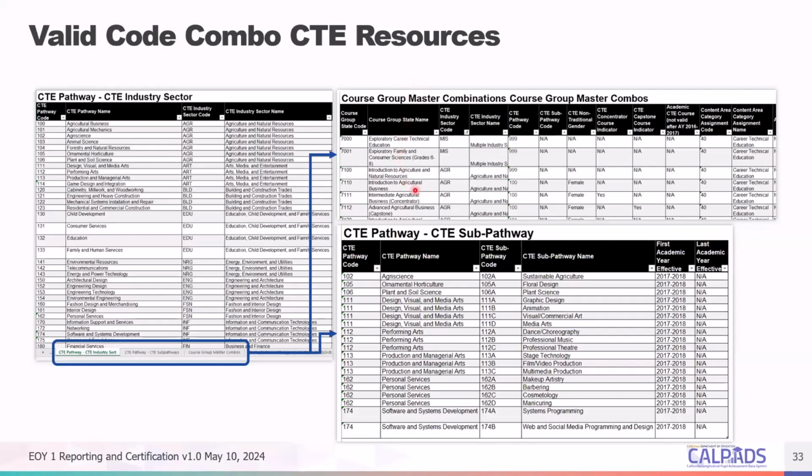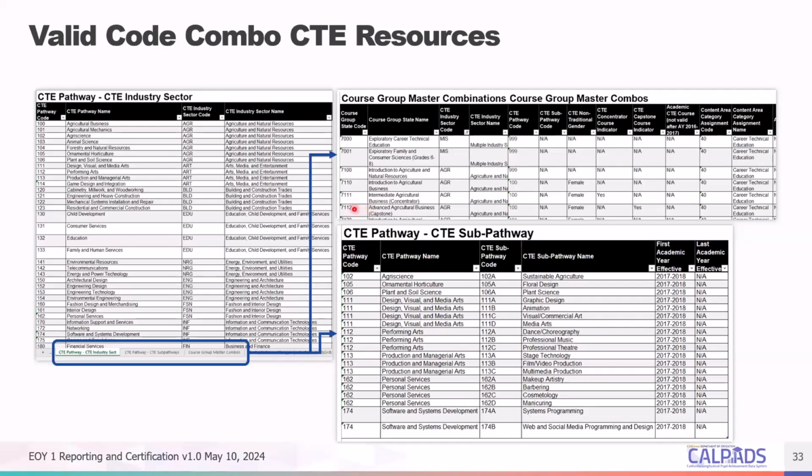The agriculture CTE industry sector here. So we have the CTE industry sector name, the agricultural sector, and this includes CTE pathway code 100. CTE pathway code 100 contains state course codes 7110, 7111, and 7112. 7110 is the Introduction to Agricultural Business course. This is the introductory course in the CTE pathway. 7111 is the concentrator course of the pathway, and course code 7112, Advanced Agricultural Business, is the capstone course of